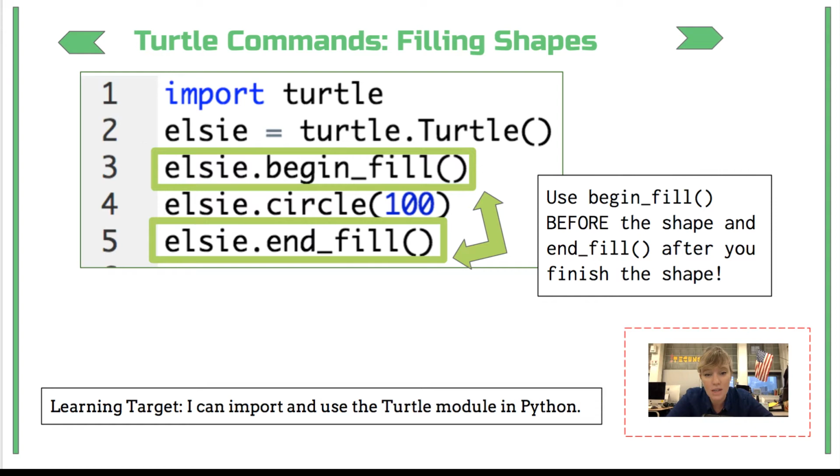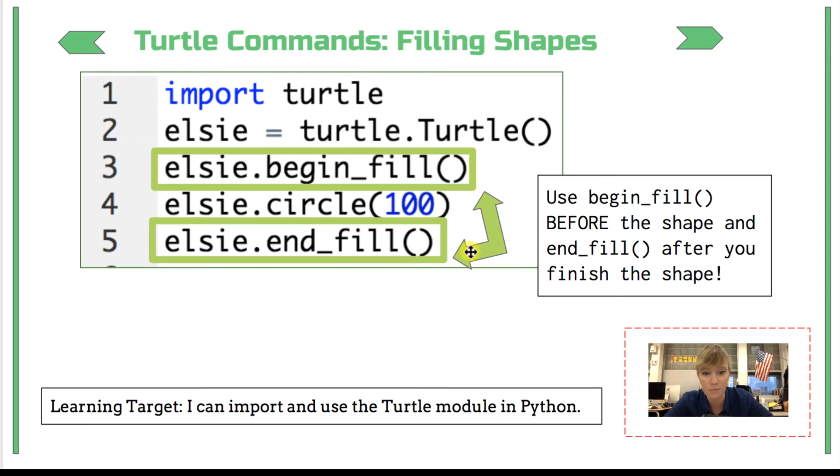Okay, now the next thing that we can do to make our drawings a little bit more exciting is fill the objects that are enclosed. So if I've created something like a circle, where there's a clear definition of an inside and an outside of the object, then I can ask the program to fill it. The way I do this is I use methods called begin fill and end fill. These are two different methods. I want to use the begin fill method before I start my drawing that will be enclosed, and I want to use end fill after I finish the drawing. That way it will determine the enclosure that you created between these two methods, and it will fill it